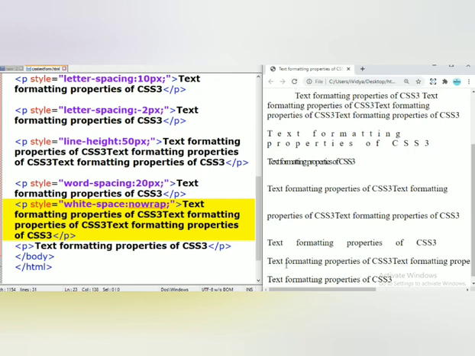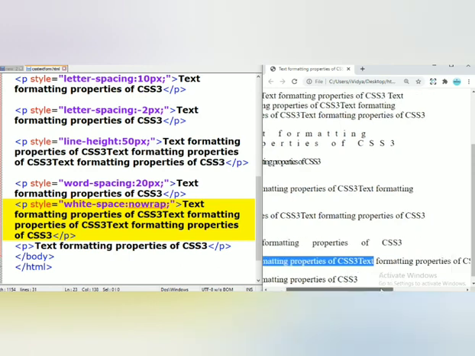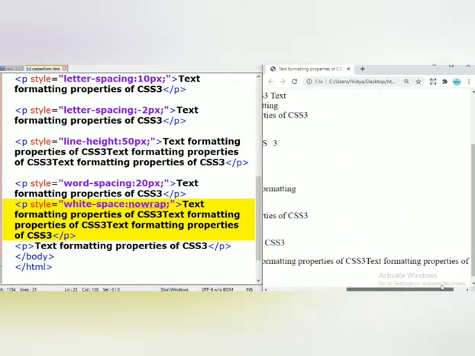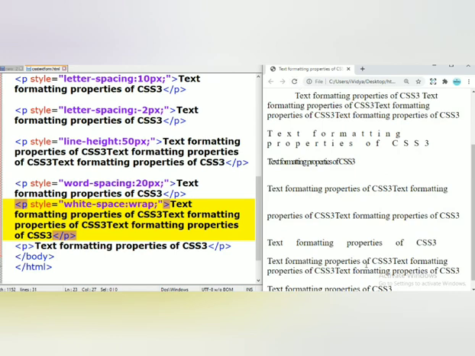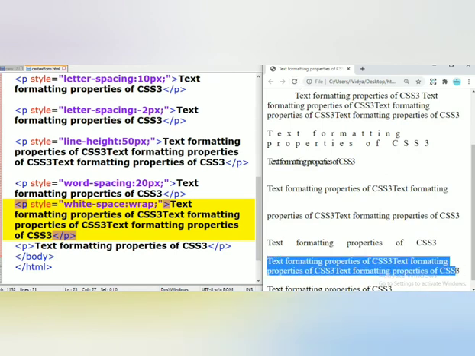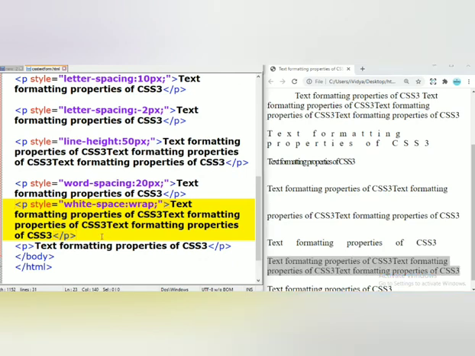So here you can observe this is one paragraph, but this text has to be displayed in nearly 3 lines, but only one line is displaying because that line is exceeding the screen width, because we used it as no wrap here. If I remove no wrap, then you can see here that line will break as per the screen width. Here you can see this is the one paragraph. Now it is wrapping the lines.